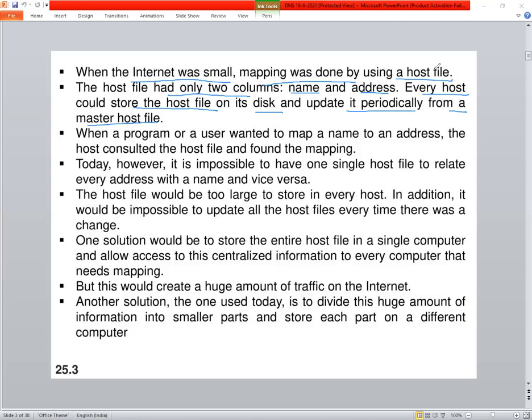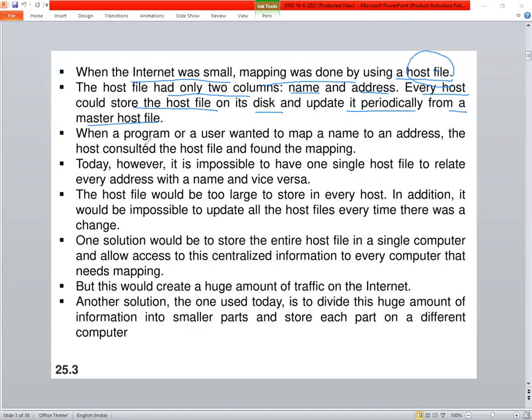A host file is maintained as part of the client system. That is, whichever host, either client or server, maintains a host file which contains two columns. One column holds the name of the domain and the other the IP address of that domain. Every host has this file on its disk, and it gets updated periodically from a master host file.